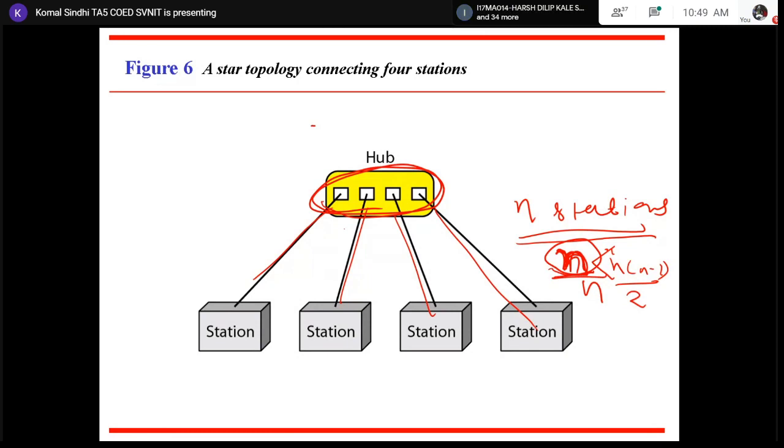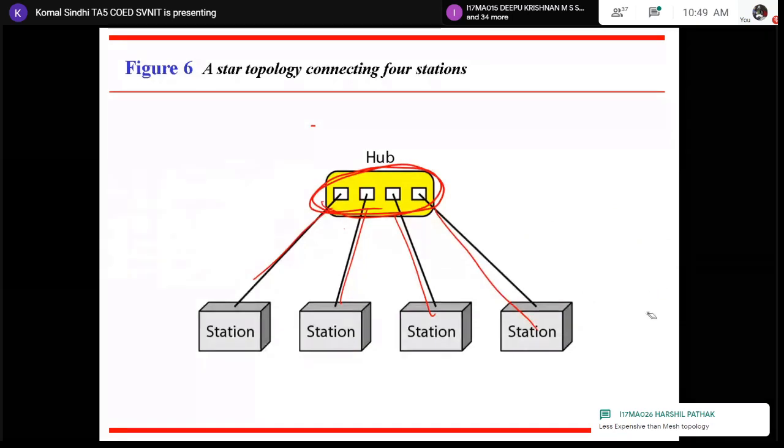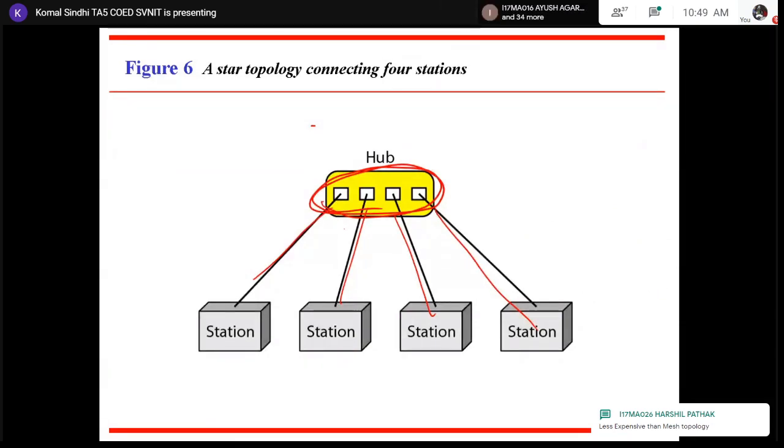Now, what will be the advantages of using star topology? Yes, definitely it is less expensive than mesh topology. The installation is also simpler and easier as compared to mesh topology because the number of links is less.